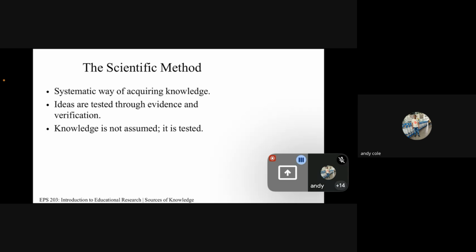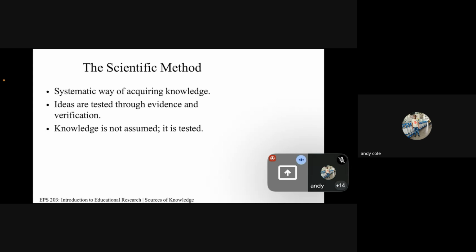All right, let's look at the scientific method of knowing. The last method of knowing knowledge is the scientific method. The scientific method has to do with a systematic way of acquiring knowledge. So unlike the other methods that we have mentioned, the scientific method deals with systematic ways. It goes through several processes, several methods, several procedures before you can what? Acquire knowledge. Ideas or results are what? Tested through evidence-based